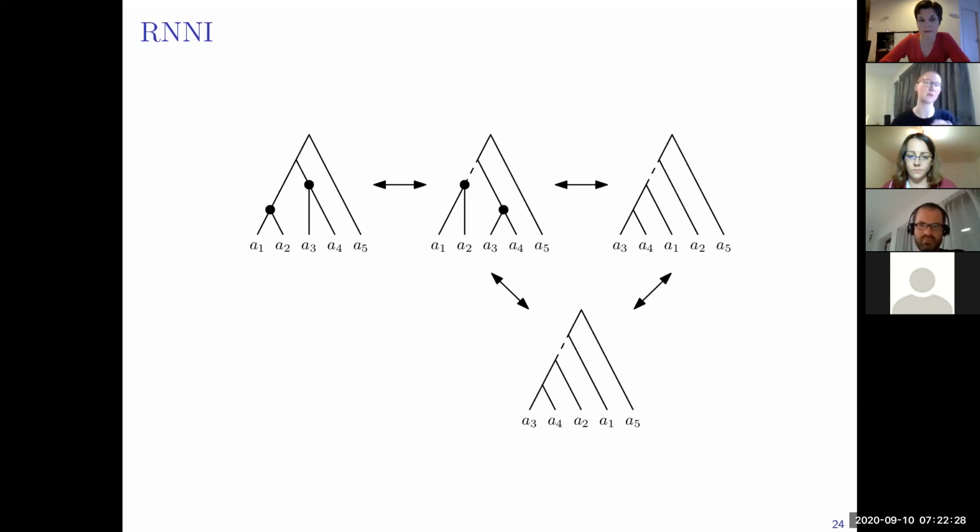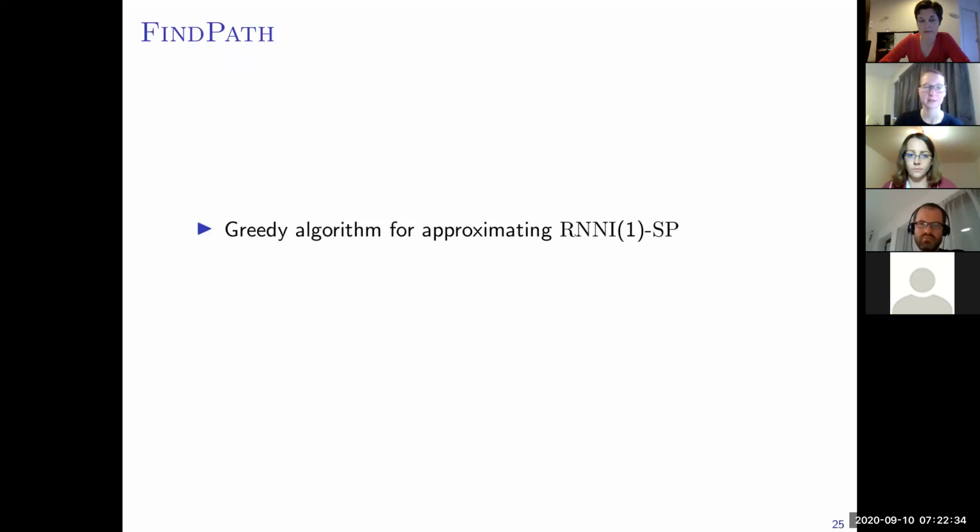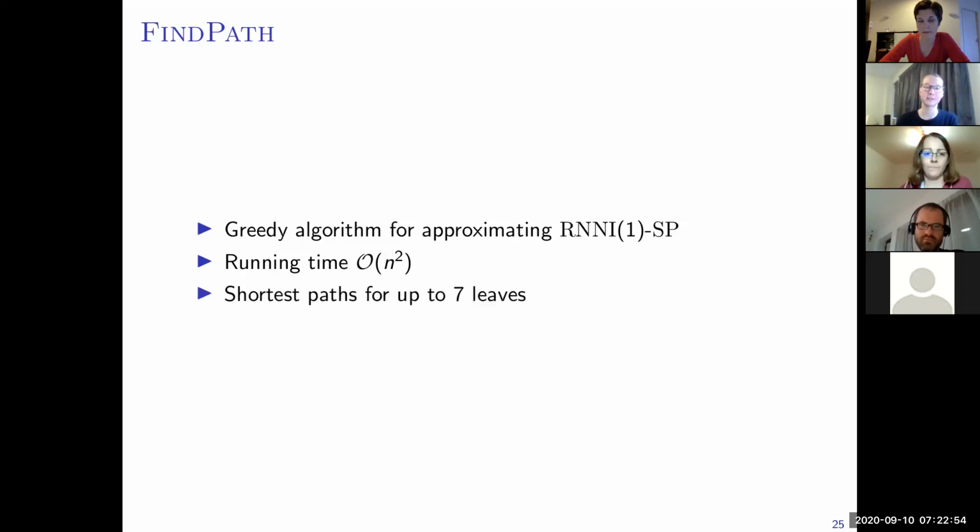So we leave out the 1 and just say RNNI here, because we don't consider weight on edges. So this algorithm I called find path because I'm very creative and I didn't find a better name. And this algorithm is a greedy algorithm to approximate this problem, to approximate shortest path in this graph RNNI, or RNNI of 1. It has quadratic running time, and we could computationally show that it computes shortest path for up